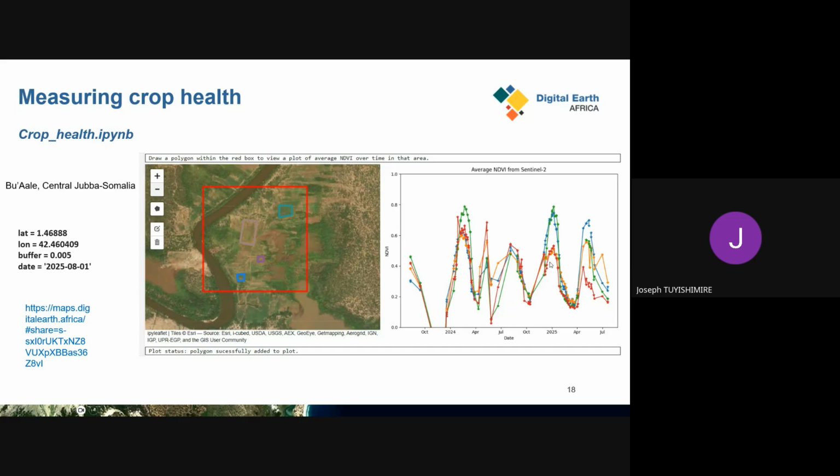Especially if you compare this red curve, you can see that the NDVI was lower compared to the green and blue spectral signatures. And this is good information on why those plots within one field do not perform the same way in our area of interest.